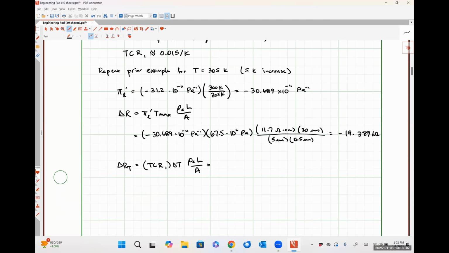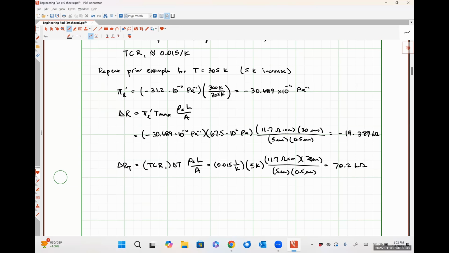So this is going to wind up being 0.015 per Kelvin times 5 Kelvin. And then we have that same 11.7 ohm centimeters, 20 microns, 5 microns, and 0.5 microns. And this comes out to a change due to our change in temperature of